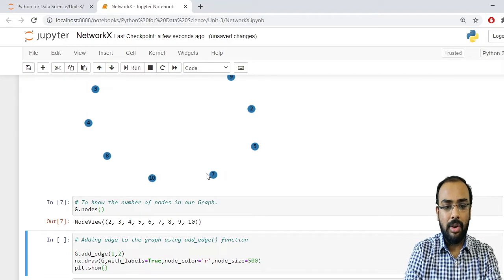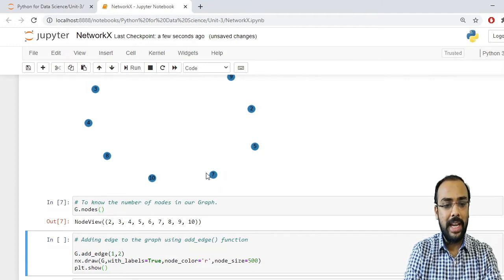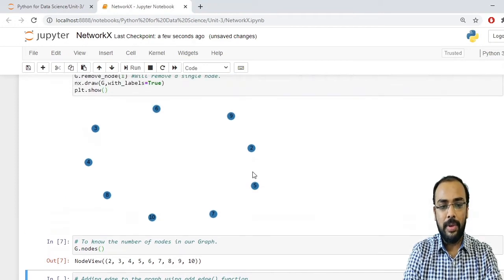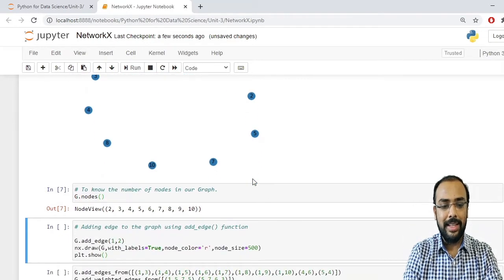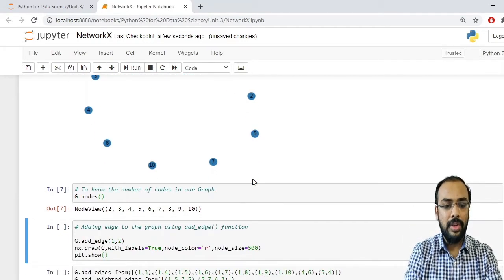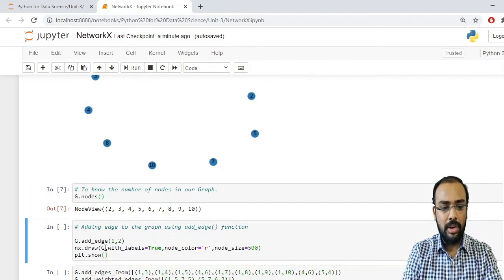Now if we recall, a graph is a non-linear data structure and it is a collection of nodes and edges. So what we have done is created nodes. Now I want to add edges to my graph. So how can we add edges to our graph? Again there is a method with the help of which we can add edges to the nodes. The method is add_edge. Now this method is again of your graph object. So how can we invoke it?